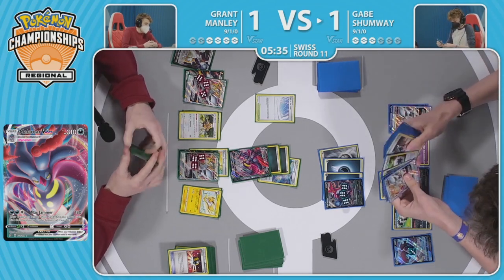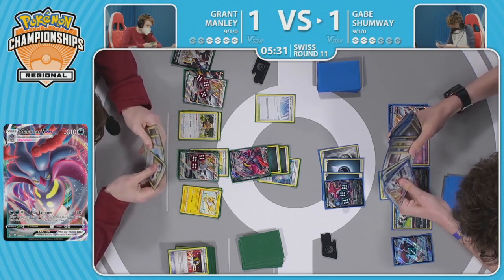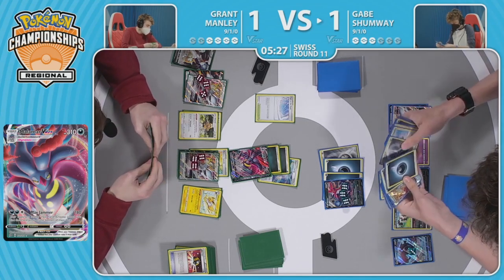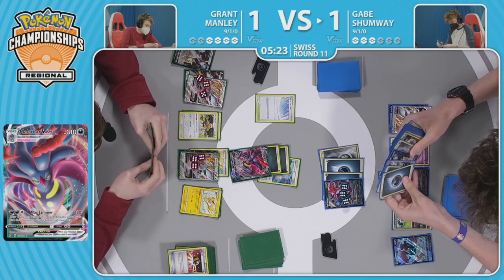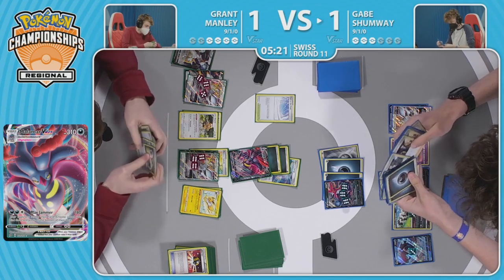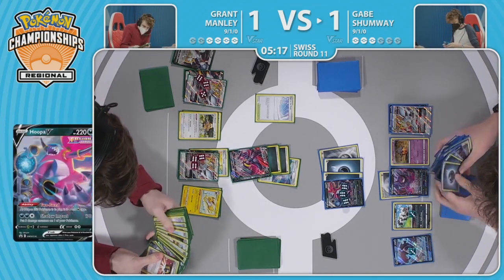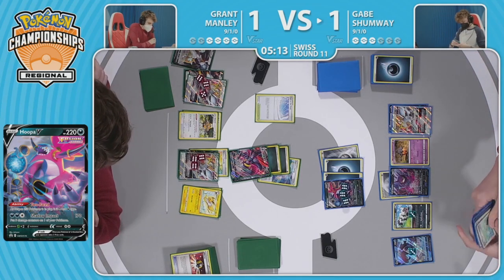Ordinary Rod found for Gabe, but it's a little late here. You have no way of even getting those energy out of the deck once you put them back in, and your only attacker is about to be KO'd next turn. You have no cards to draw in your hand, no cards to draw with on field. This is looking grim. I guess the silver lining here is, as we said, Grant really just